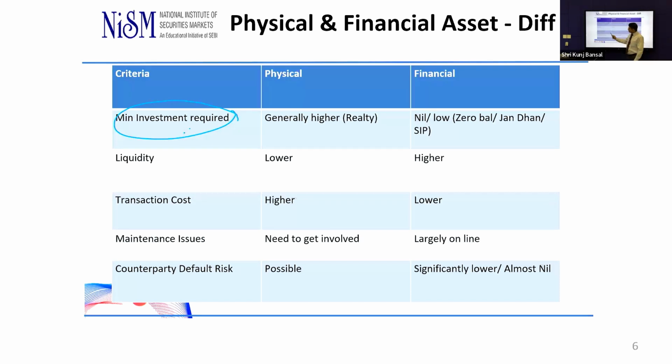Now, gold, when we said it is easy, yes, some of you have already written transaction cost. That's the other point. When it comes to gold, and real estate as well, transaction cost is very high. When you go and sell gold to a jeweler, he looks at your face, looks at your emergency situation, and he'll cut easily 10% of that day's value, maybe 15, maybe 20. If it's a biscuit or a coin, he'll give you still higher. If it's jewelry, then he'll say, no, this has this much impurity, let us melt it, let us do this, let us do that, and you don't know what amount you get.